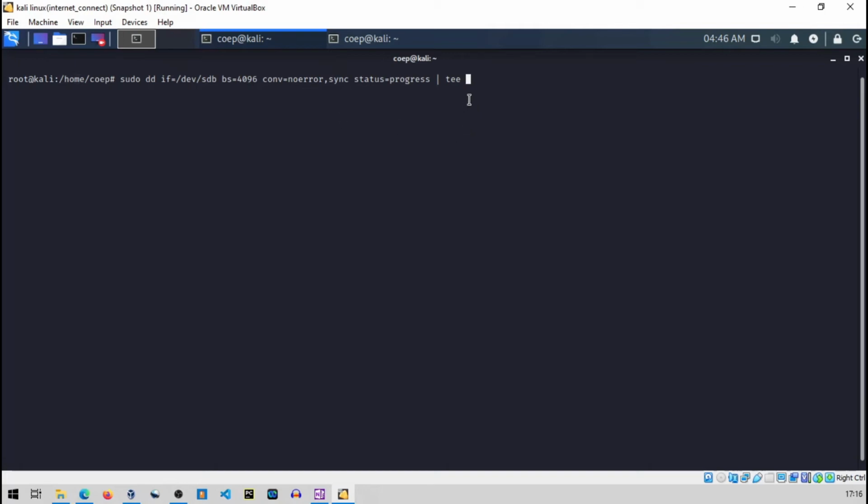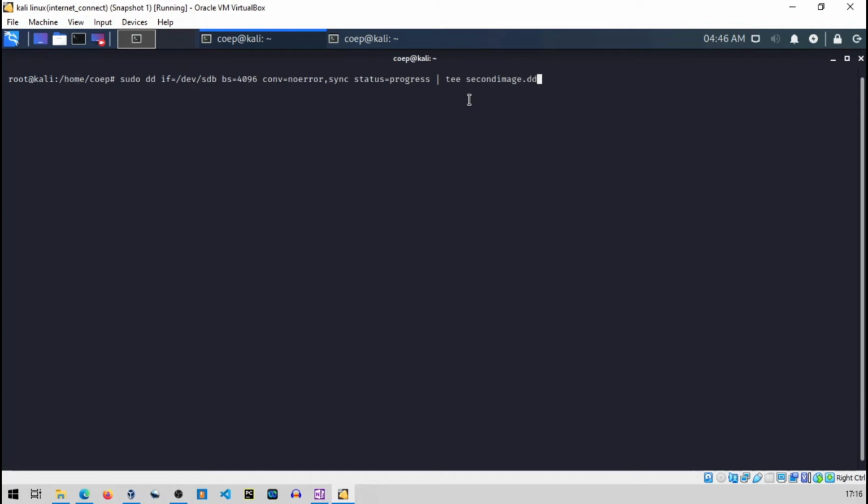Let's say I give it the name second image, with the short extension img. Okay, second image dot dd.